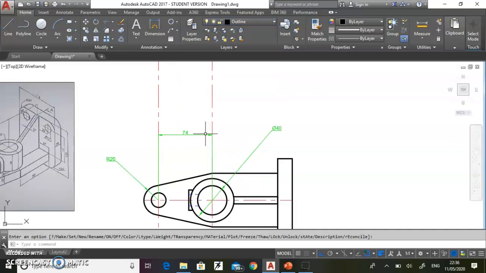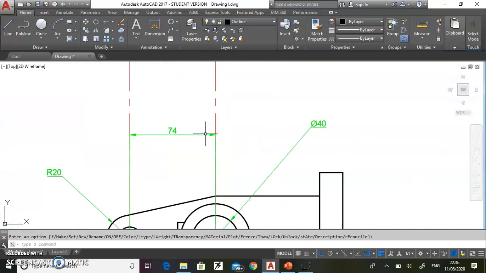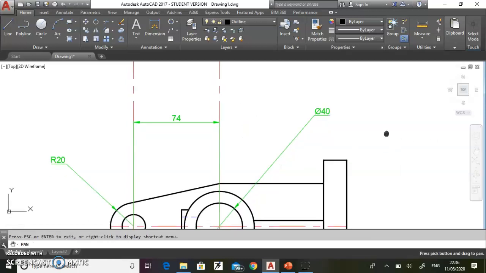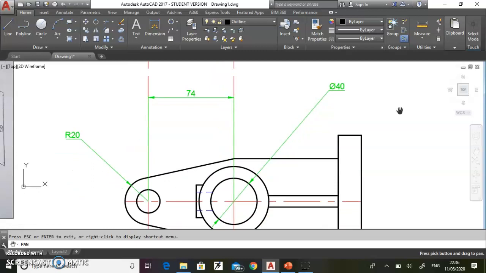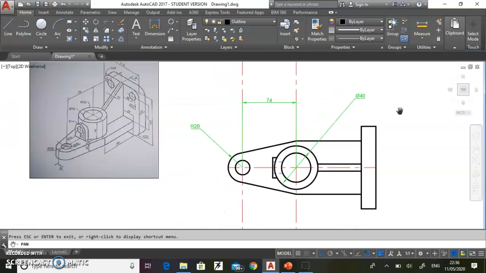And you observe that now it is taking the dimensions. What I have done here is we have put these dimensions in the layers. In the coming videos we will discuss more about layers. There we will do a revision of dimensions as well.